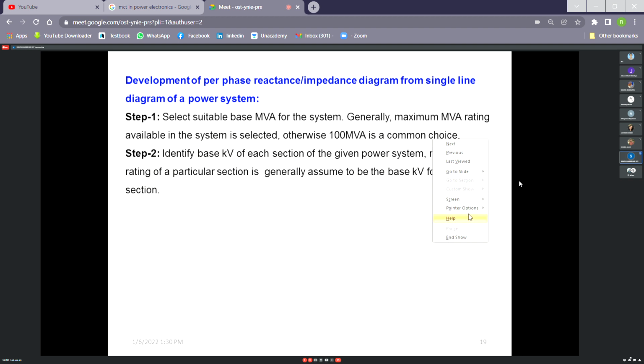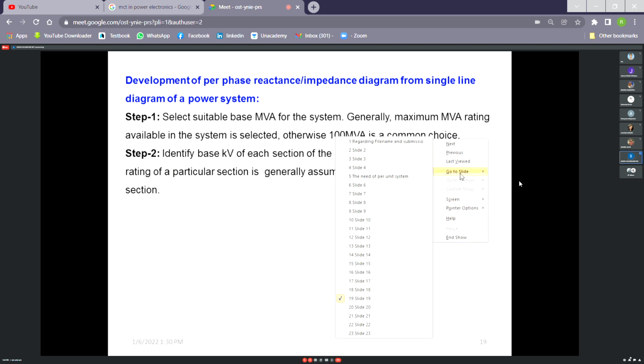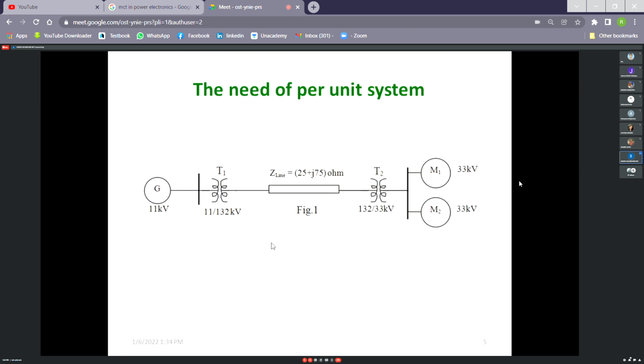So actually, if I go to this slide, here you see, this is the system. It may happen, it is not an ideal thing, that you will get the motor at 33 kV. It may happen that the motor rating is 32.9. By design, it has not reached 33 kV. And say this generator is 10.5, not 10. Then you see after the transformer primary, it is 11. So for that range, we shall take 11 kV as base.